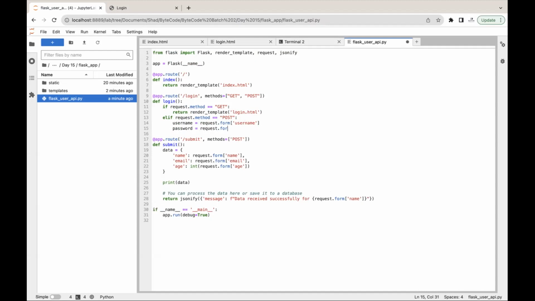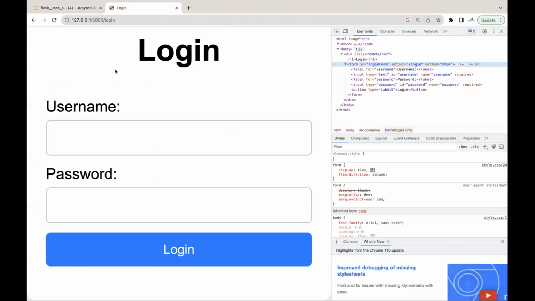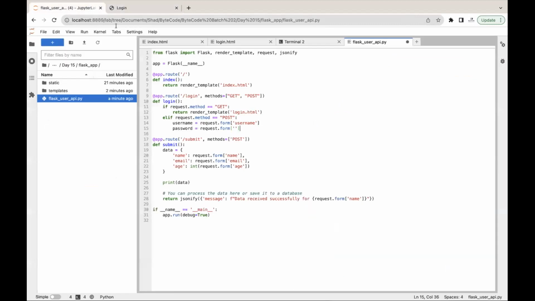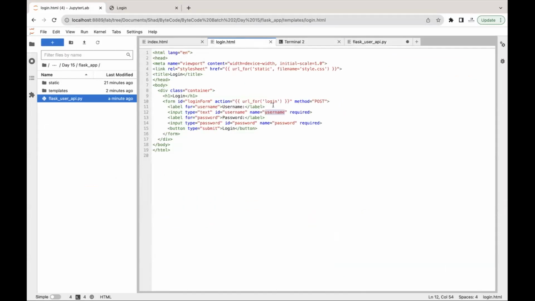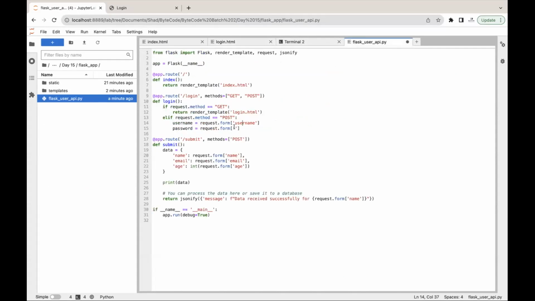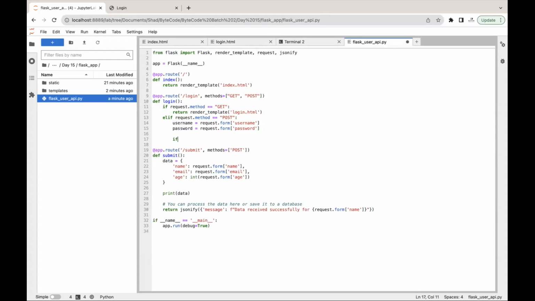So request.form. I'm basically extracting whatever data I send from here. I need to understand which data is username and which data is password. So I will be using the name of this input type to get the data, to understand which data is what. Okay, so username and then password, and then what I can do, if username equal to, let's say, Shadir, and